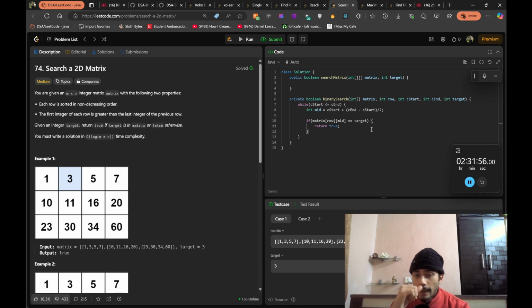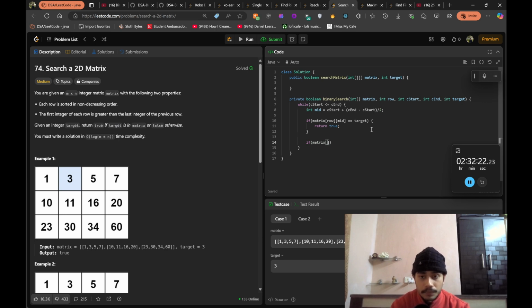Yep. If that's equal to target, then just return true. If matrix row mid is target, return true, because they want the answer in boolean true value. So yeah, and if this is not the case, then